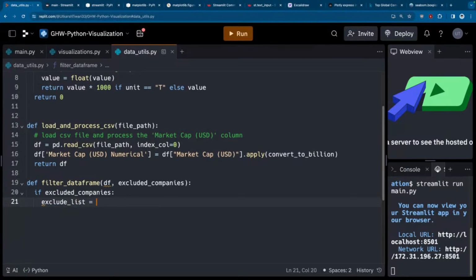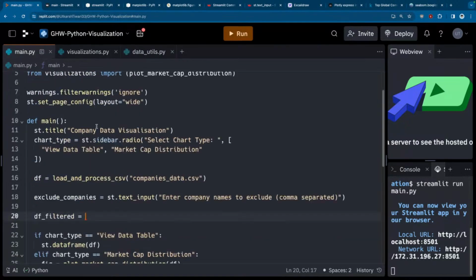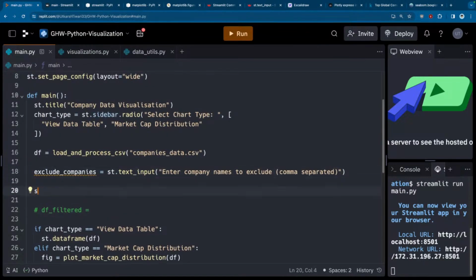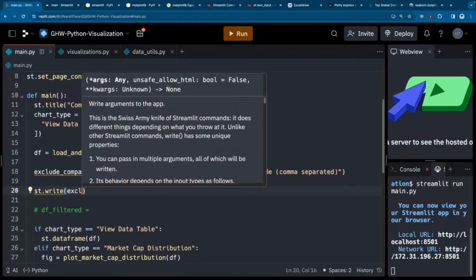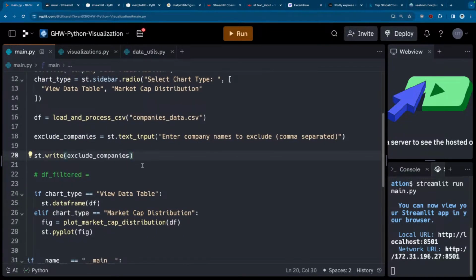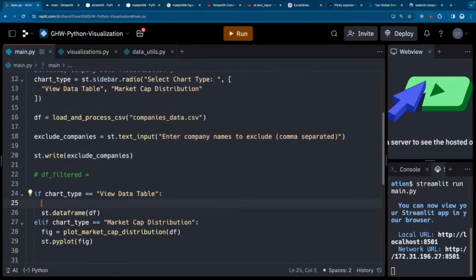What is a list? A list is nothing but an array in Python. To denote a list, you use square brackets. Now inside this square bracket, what am I going to do? Interesting. Before doing this, I should have actually shown you what the input looks like. So let me comment this, and st.write exclude companies. If I put it right here,